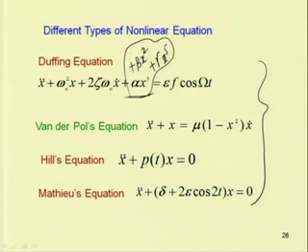The simplest type of Duffing equation is x double dot plus omega n square x plus 2 zeta omega n x dot plus alpha x cube equal to 0. So, that is for the free vibration case, and in case of forced vibration we can have the forcing term in the right hand side. So, epsilon f cos omega t in the equation. So, a number of variations of this equation can be written.